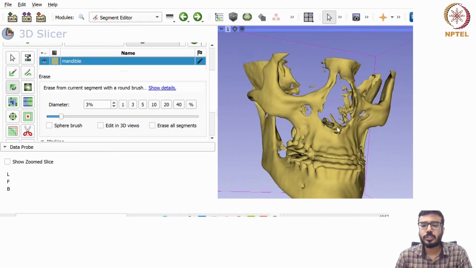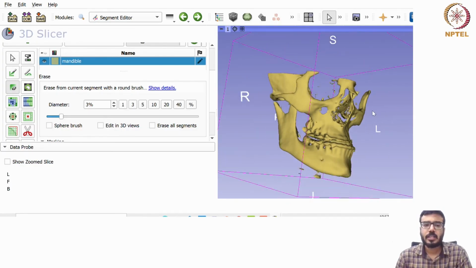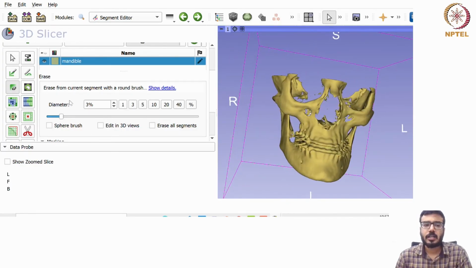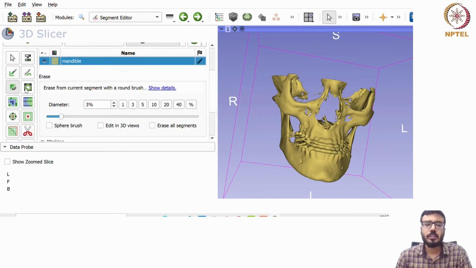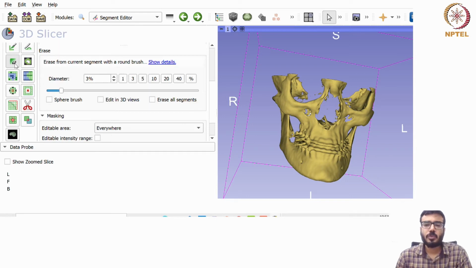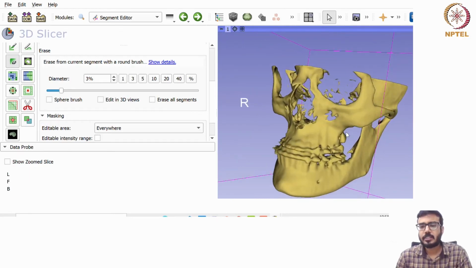So how can we do this? So for that, in this segment editor tool, we have various options. So one of the options here is the erase option. So just use the erase option and we can